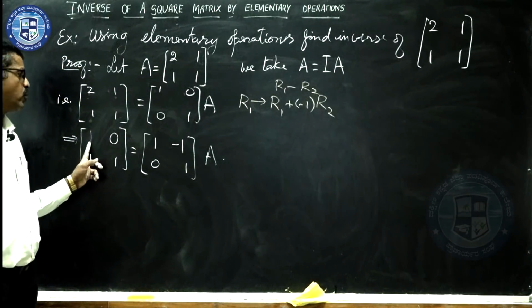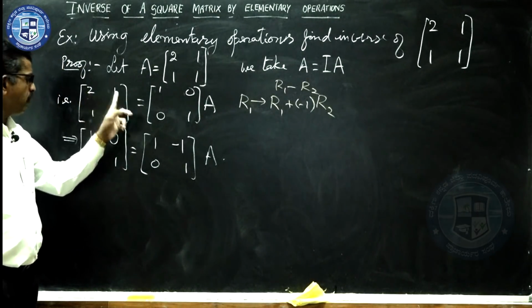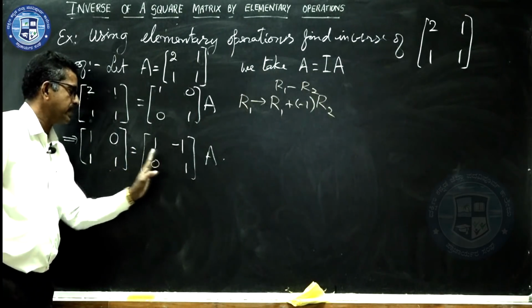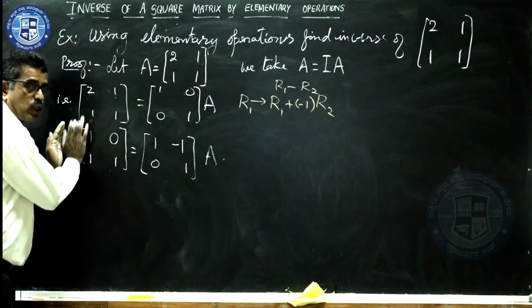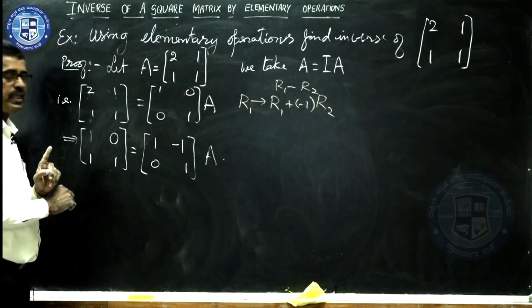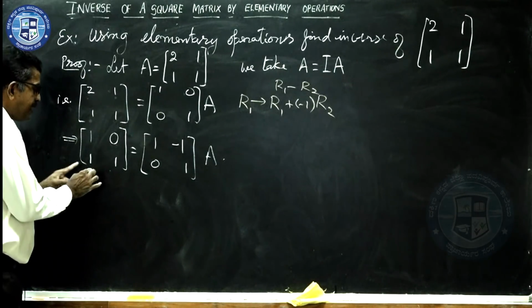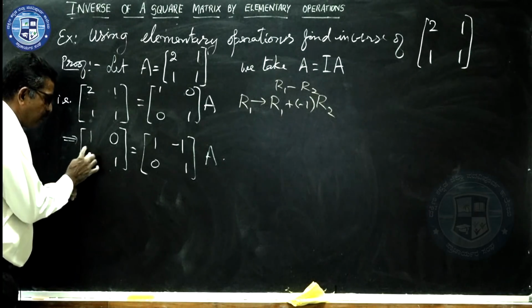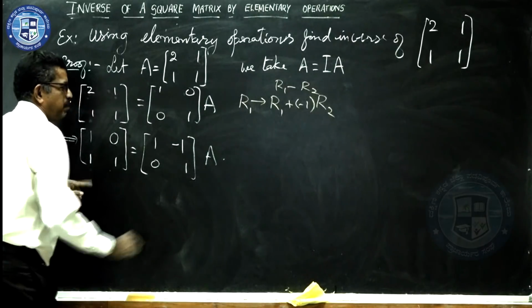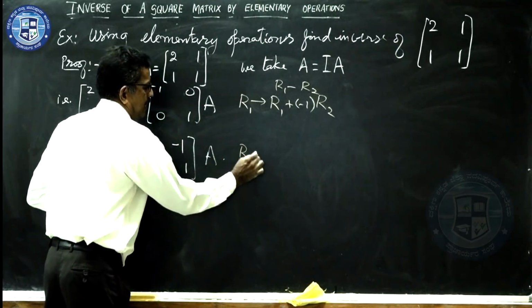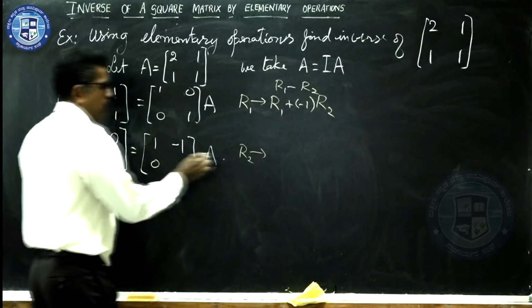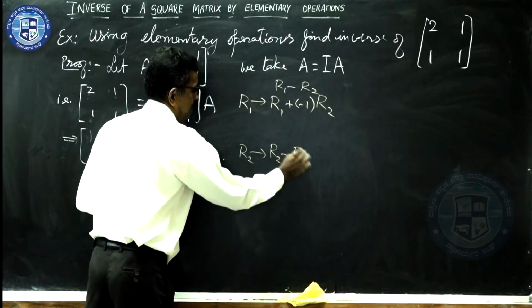Therefore, changes are found in which row? First row. 1, 0, 1, 1. So, here like this. Now, this has to be transformed into the identity matrix. How can we make the identity matrix? Only one element has to be made 0 here. How can it be made 0? I think this is one of the simplest problems. I take R2, the second row, and subtract it from the first row. What do you get? R2 minus R1.